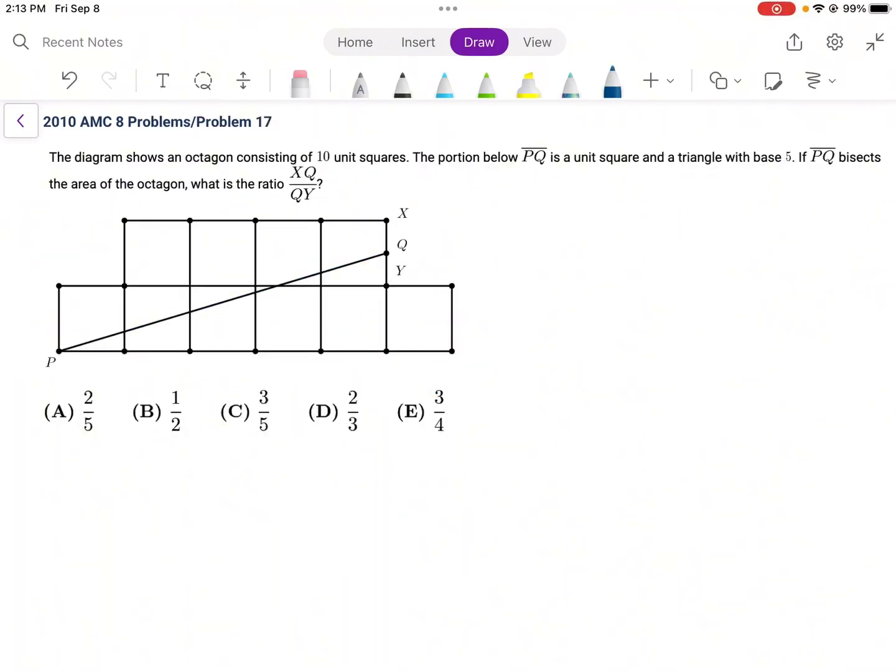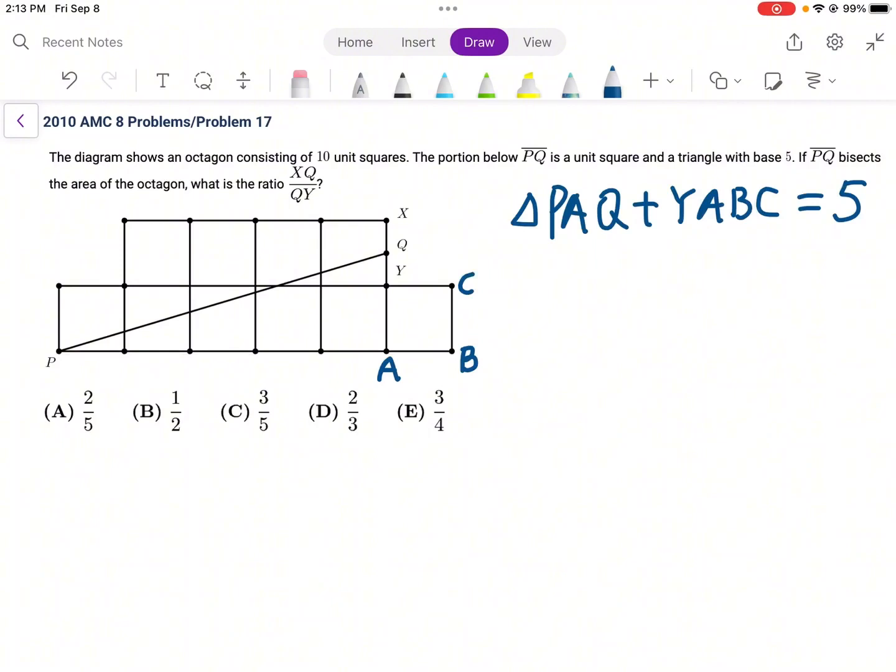Let's assume these points are A, B, C. Because PQ bisects the area of the octagon, and the octagon consists of 10 unit squares, we know that the area of PAQ plus the square YABC equals 5. And the triangle